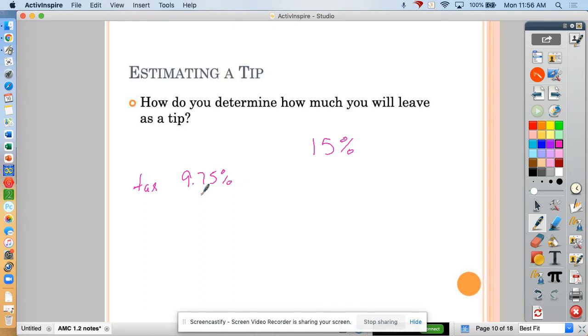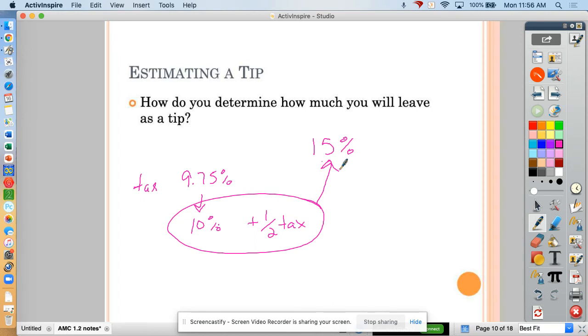And so we could estimate this to 10%, and then we could say, oh, well, I could take the tax plus half the tax. And that would be one way that I could come up with 15%. If we said it was 20%, then we could just say the tax of 10% times 2, and we would get 20%. So there's different ways in your head that you could quickly come up with how much to leave